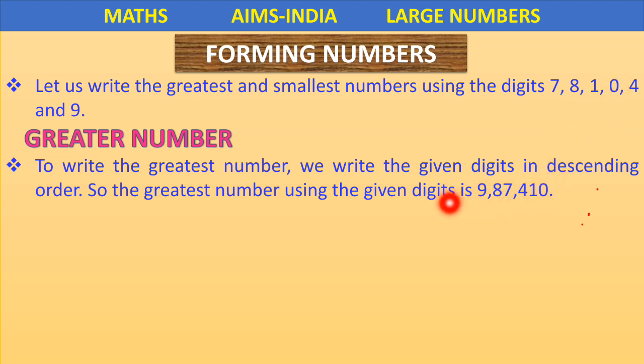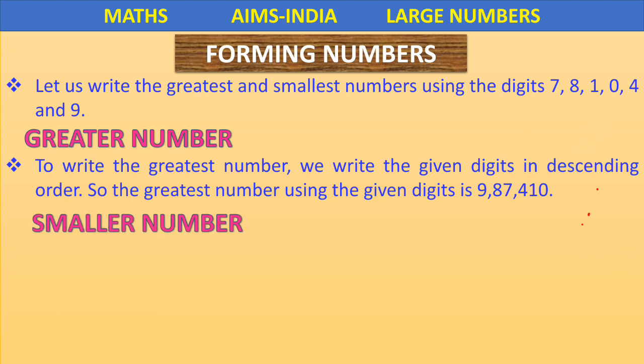Now if you look at these digits, these digits are in which order? These digits are in descending order. Descending means, what did I say, children? Descending means decreasing. Descending means in the decreasing order. We write from the greatest number to the smallest number. It is okay if you do not remember to write them in descending order. Just as they are asking us to write the greatest number, we choose the greatest number first and then write. Then we choose the next greatest and then we choose the next greatest. Okay children? Is it clear?